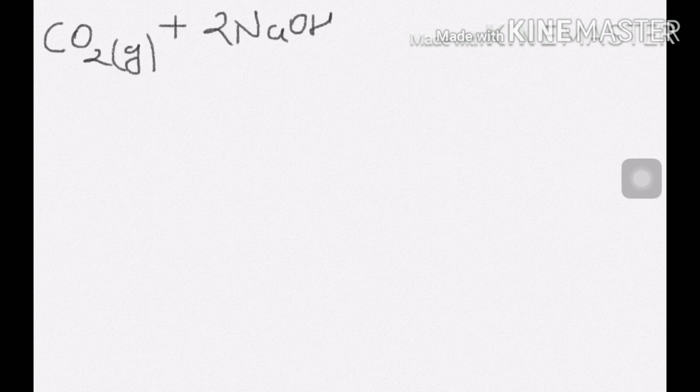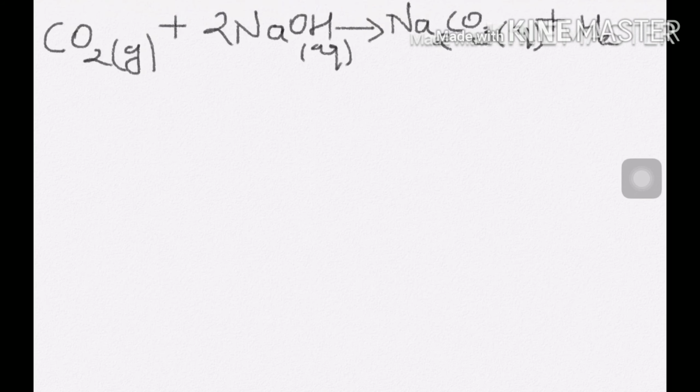Next we will see the reaction of bases with non-metals. So you see acids react with metals and bases react with non-metals. So here we have CO2, and this reacts with NaOH, that is sodium hydroxide. Now carbon dioxide is a gas, so we need to mention the state, and we have NaOH, which is aqueous, to give Na2CO3, which is aqueous, sodium carbonate, and you have H2O in liquid state, water is released.